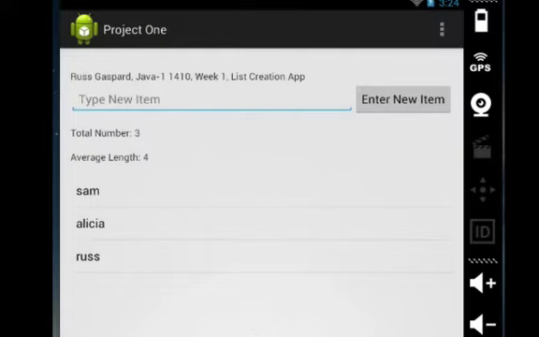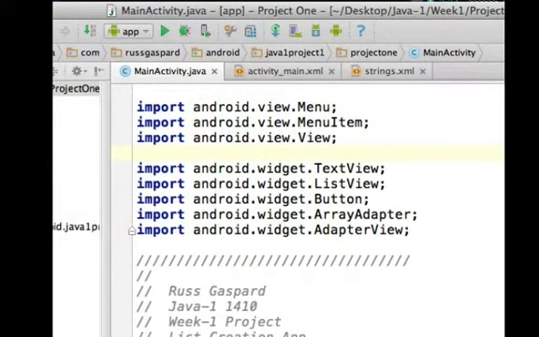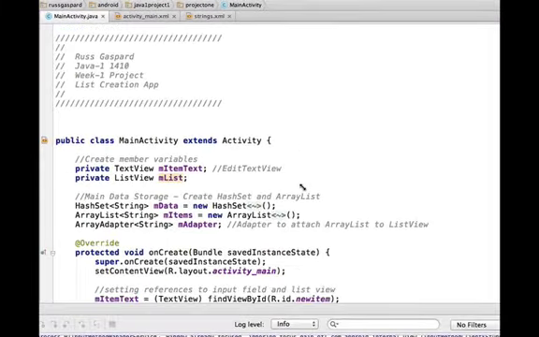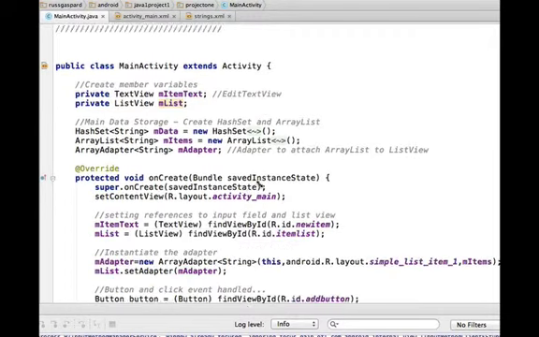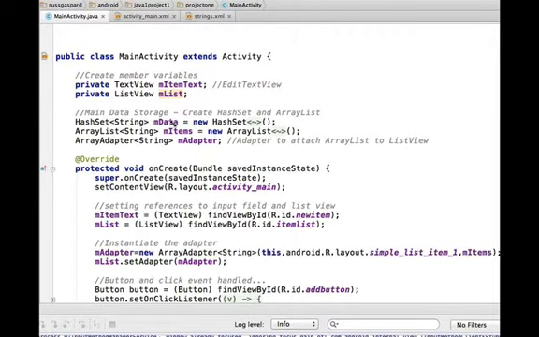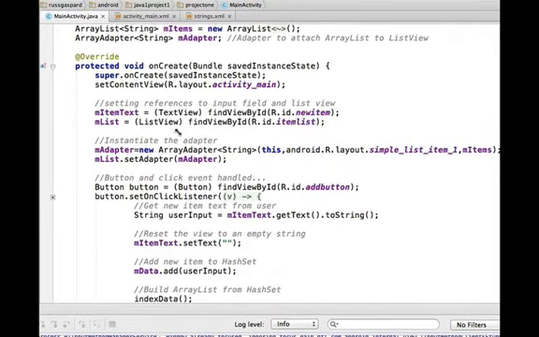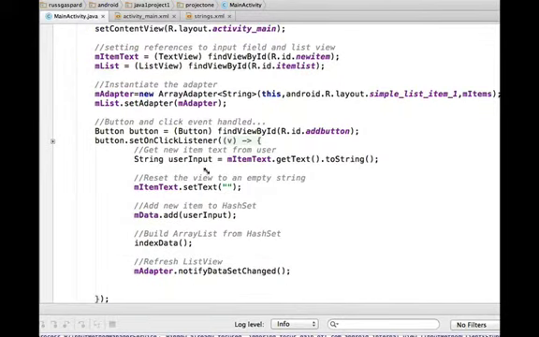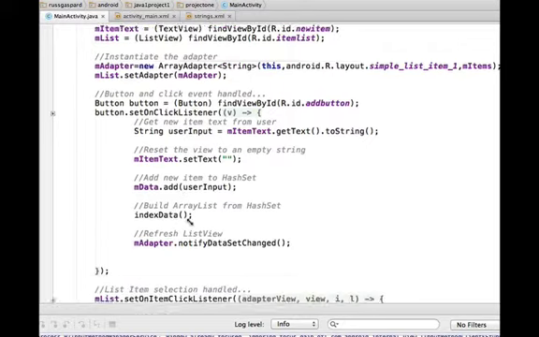If we want to look at the code, my data is stored in a collection that accepts single value elements, and only unique entries are stored in the collection. It's stored in this hash set, and each time you click the button to enter new data, it gets entered in the hash set, and